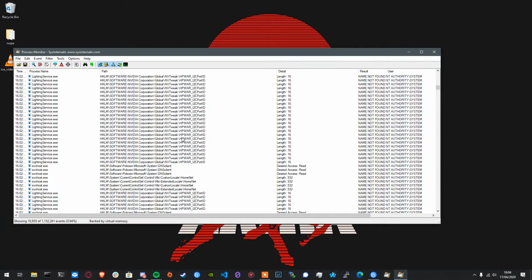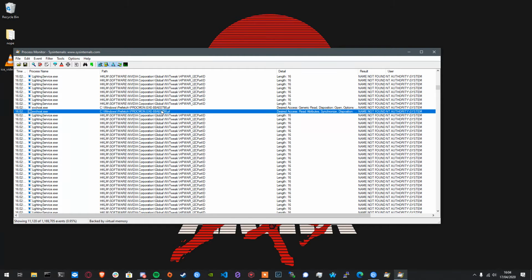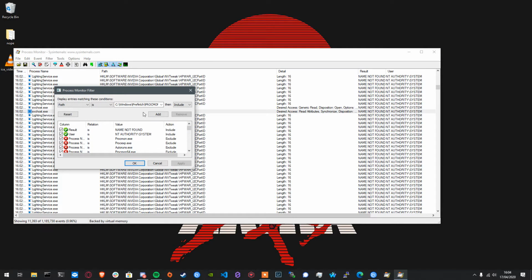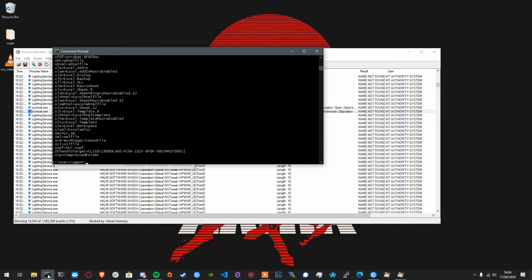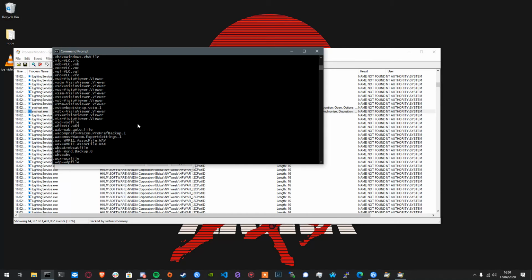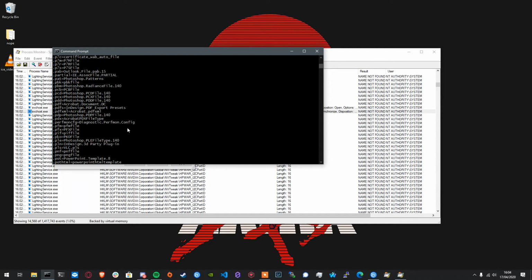And then let's say this one for example. If we edit this filter, we say path ends with, and we put our file extensions in there, so .exe, .dll. You might want to look at all of the Windows registered file types or file associations. I think it's assoc. Yeah, so assoc will give you a list of files, and you might want to extract some of those files